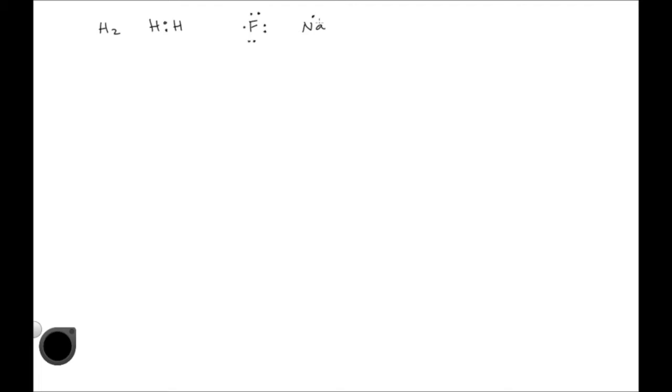So sodium is anxious and willing to give up its electron to achieve its own octet, right? So sodium will give up its electron to this fluorine, and then fluorine will become an anion, which is